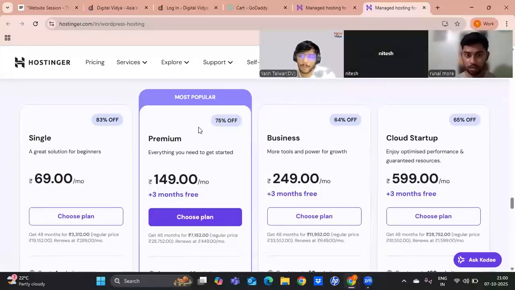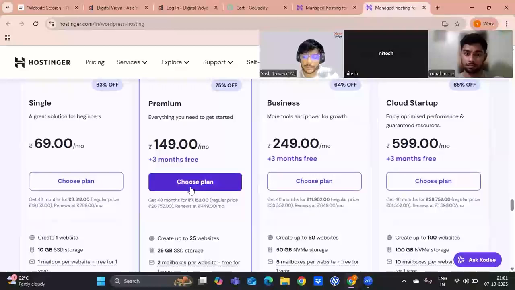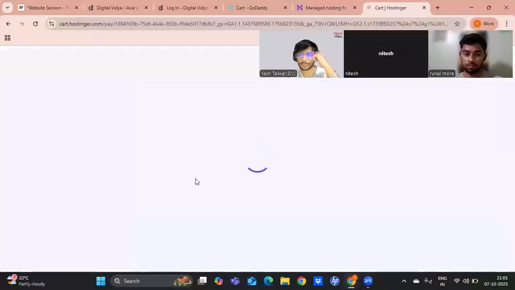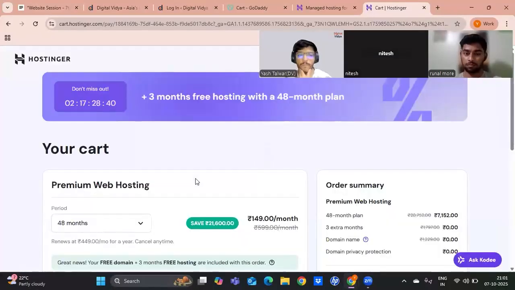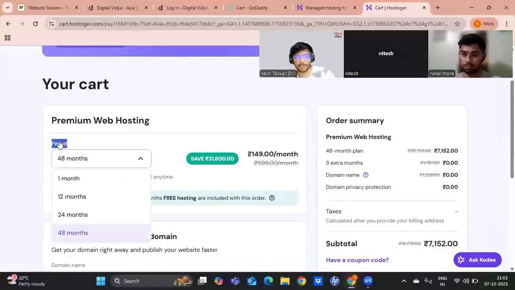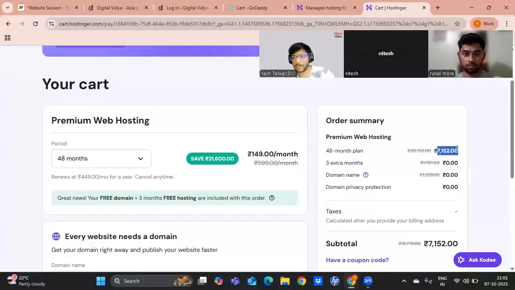These are the monthly charges, 150 per month, but this is the price that you see here. This will be the price when you pay for it annually. So if I click on choose plan, let's take a look at that. Once again, select the period. For now 48 months is selected and that is why you see a 7,000 price here.